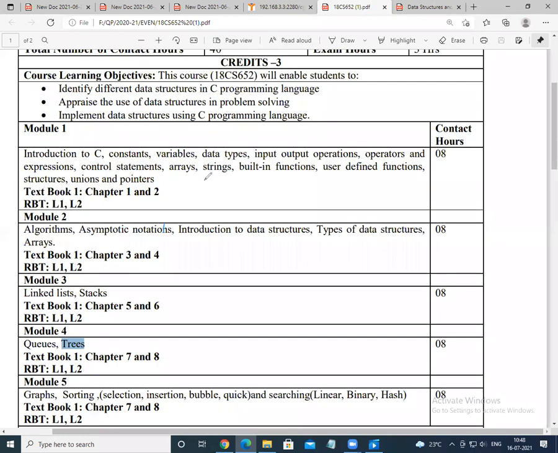In my suggestion, it is preferable to go with modules 1, 3, 5 as the best modules wherein you can score the marks. Or else even 2 could be considered. Sorry, not 3, 5, 4 and 5 are the best modules that you could focus on. 1 exactly, 2 exactly, 4 exactly, and module 4 based on one of the choices you could study. Or else, instead of trees, you can focus completely on queues.